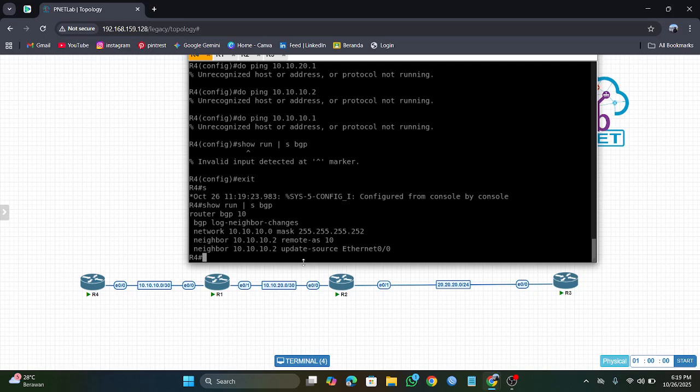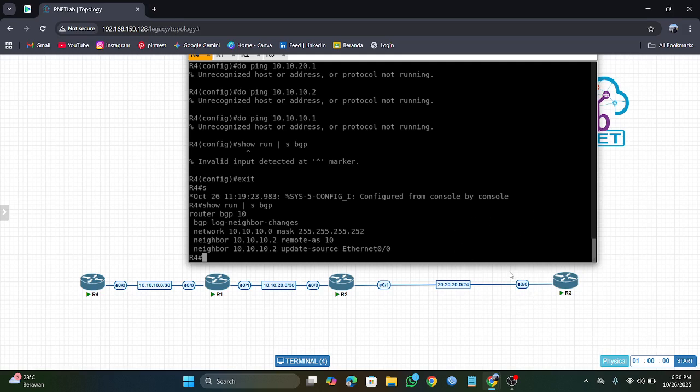You can also view the configuration you have created with the command show run and show ip bgp. Now we just need to set up the route reflector so that the router in AS 10 can communicate with the router in AS 20.